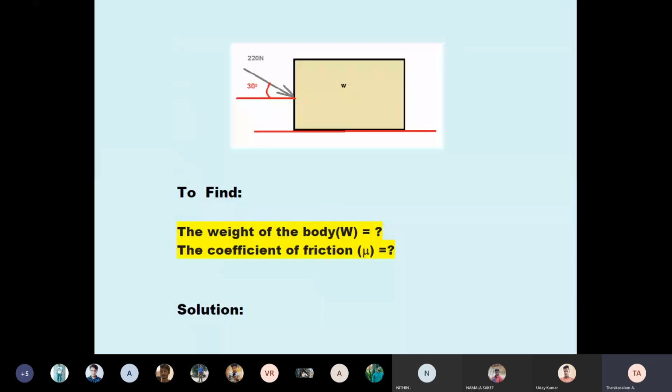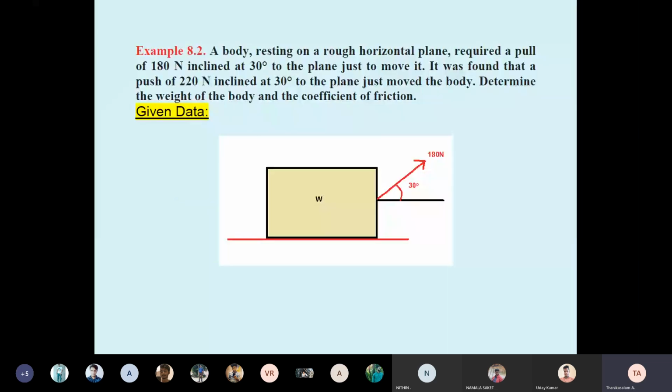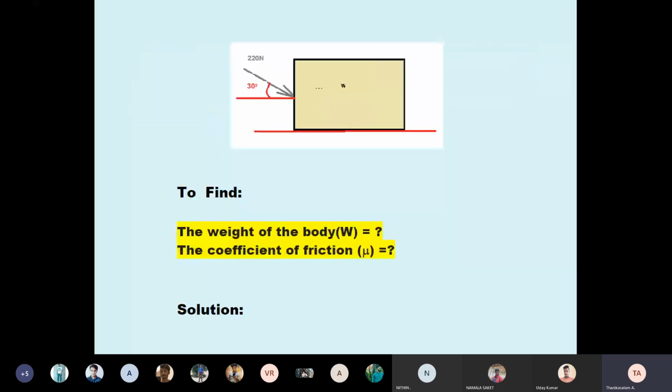Okay. See, don't memorize, students. Understand the problem. Understand the concept. If each problem you memorize, how can you memorize? In a mathematical subject you can memorize some derivations, but here you can't derive. Only understanding. If you understand the problem, it is very simple. Why are you taking this direction? Why does this direction go? Why is the weight downward? So just understand the concept.